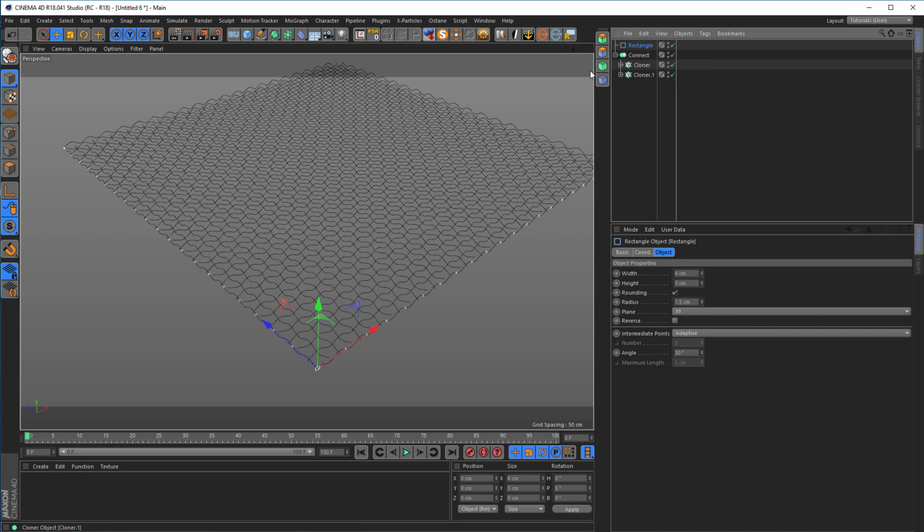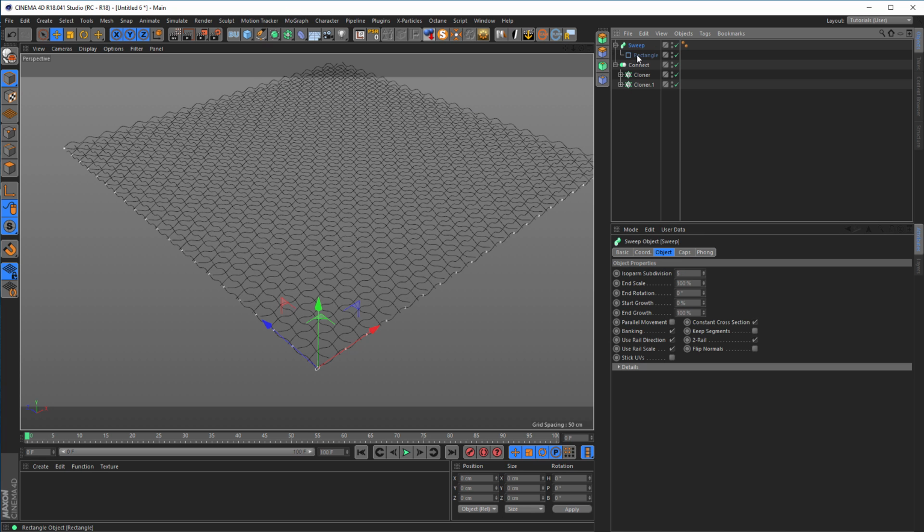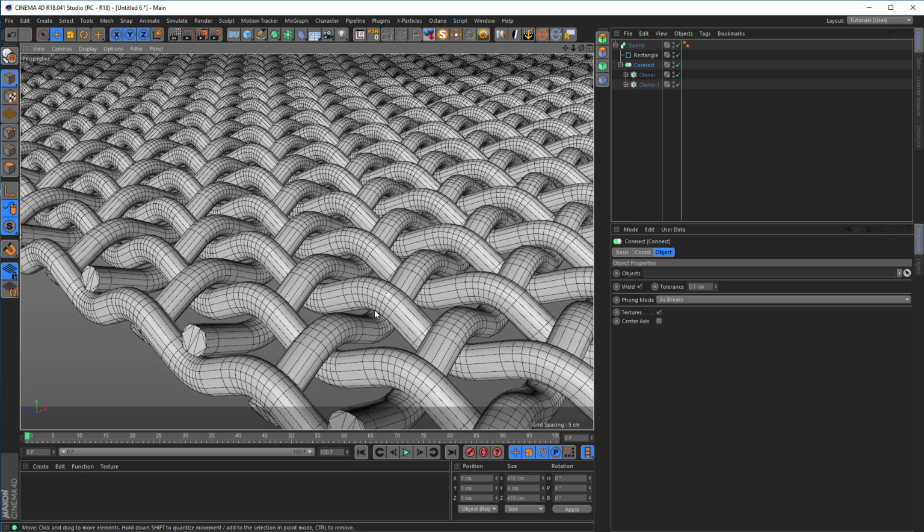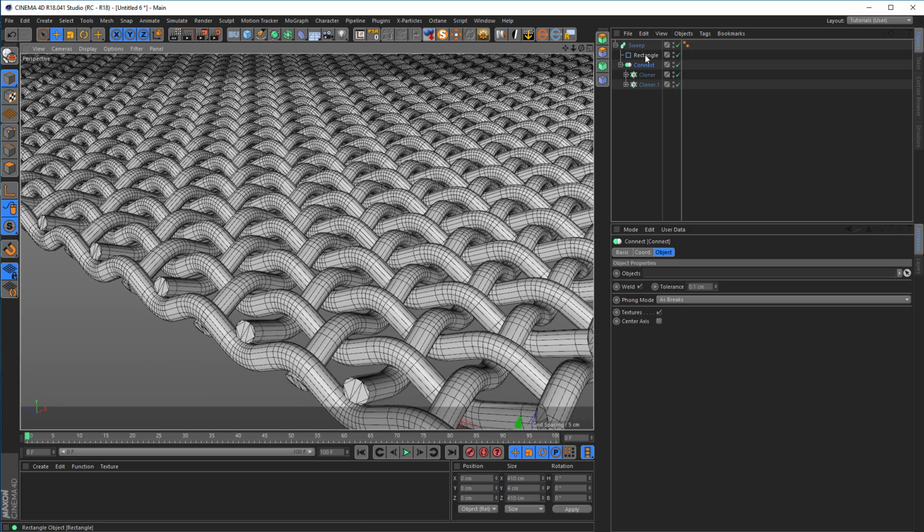Now we work with, normally we would work with a sweep. We have two splines here, a profile spline and a path. So I go to my sweep, put the rectangle as profile and the connector down, to get something like this. What I see here, if we make this a little, the first thing I see is